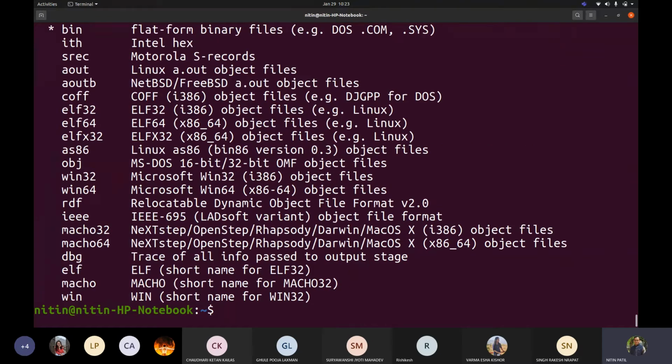If I pick any other format, say for example, okay, let us do this.